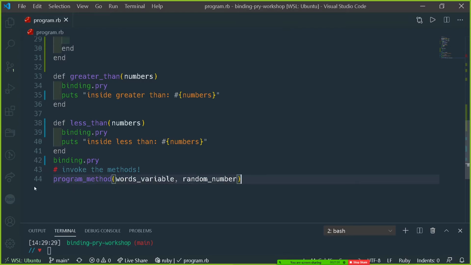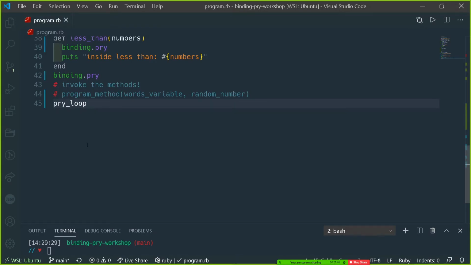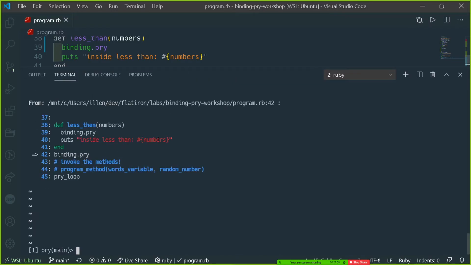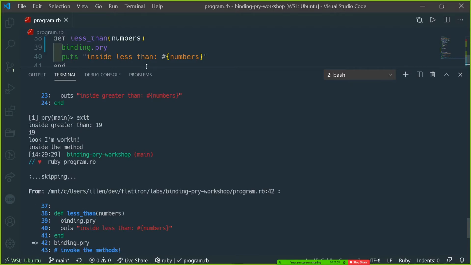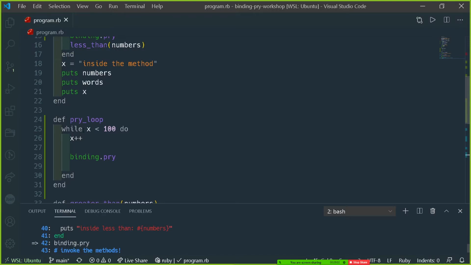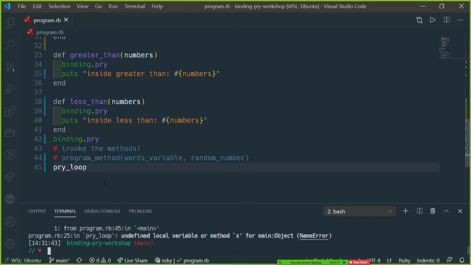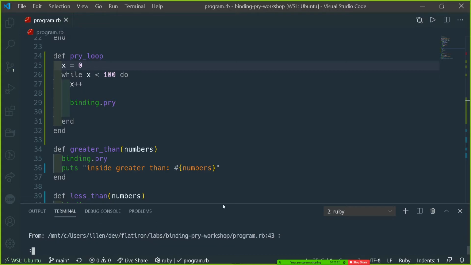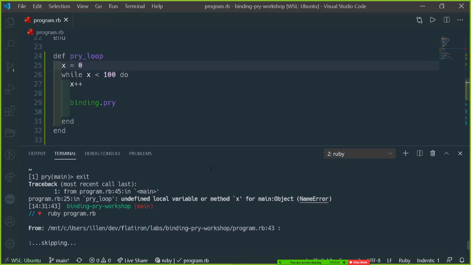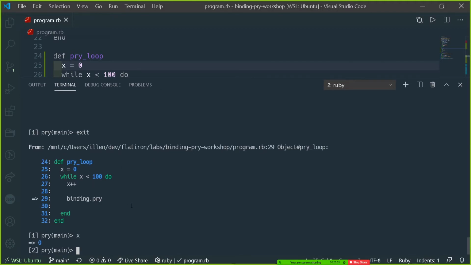And just call. What did I call it? Pry loop. Oh, shoot, right. Okay. X. And why is that not there? Equals 0. All right, here we go. We're in a loop. X. Now when we exit,